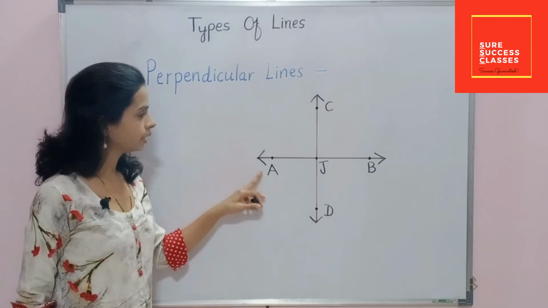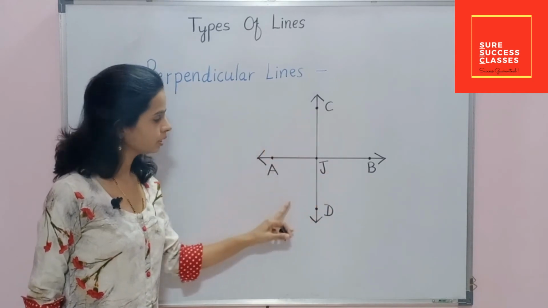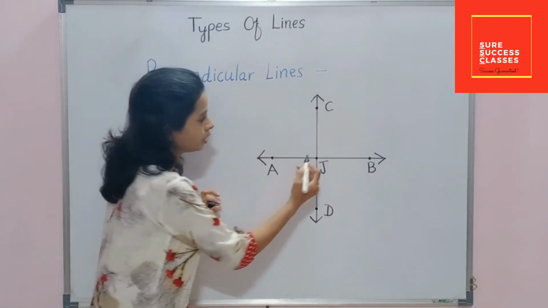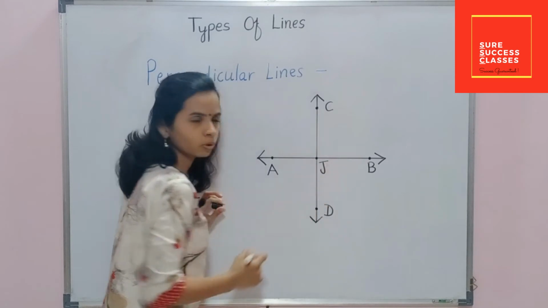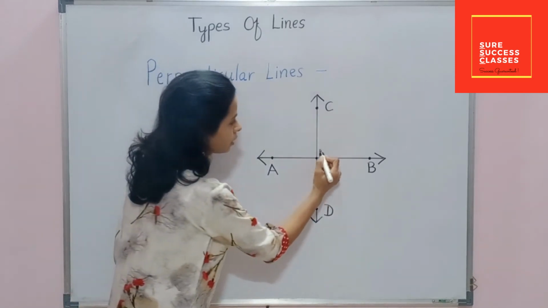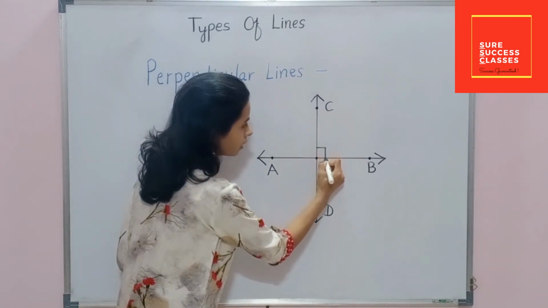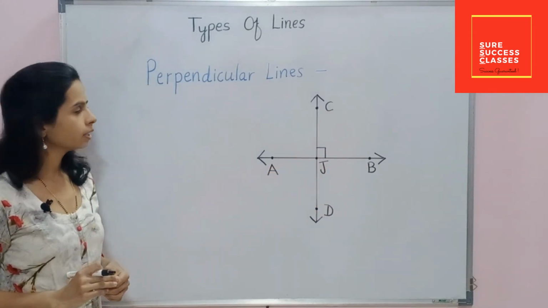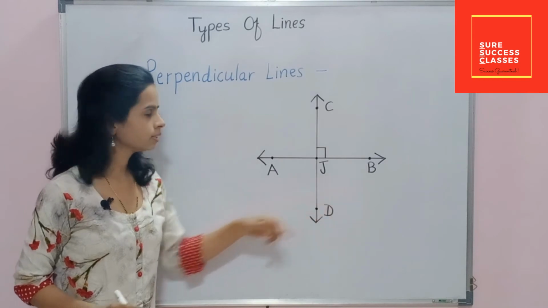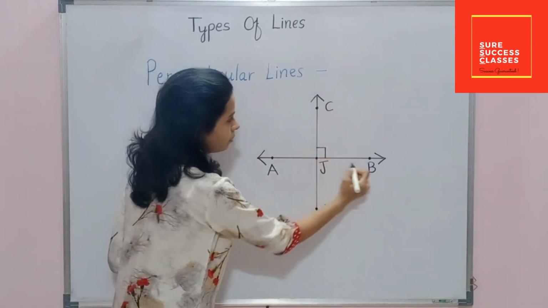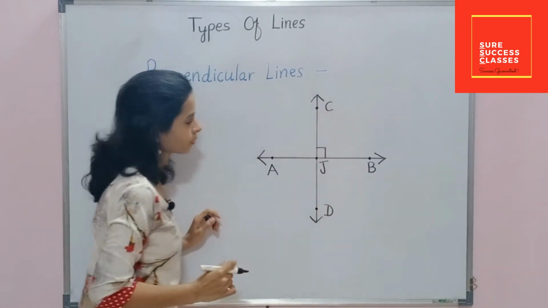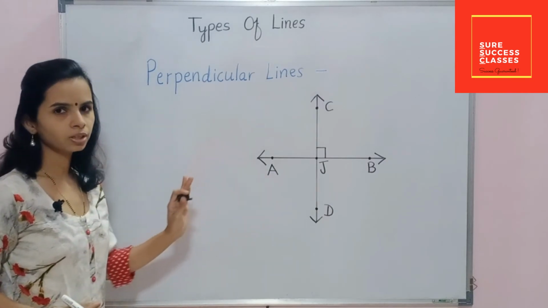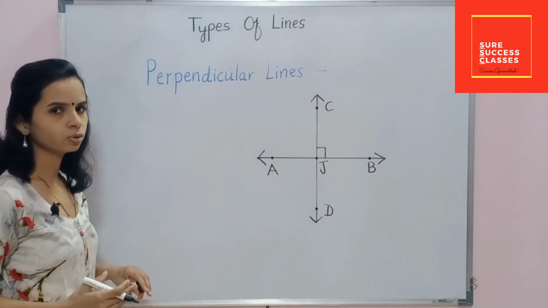Here line AB and line CD intersect each other at point J and they form a right angle. Right angle is denoted by this sign. At that time these two lines, line AB and line CD, are perpendicular lines, and they are denoted by